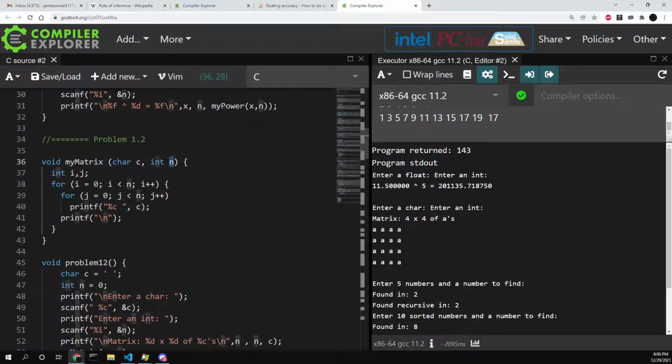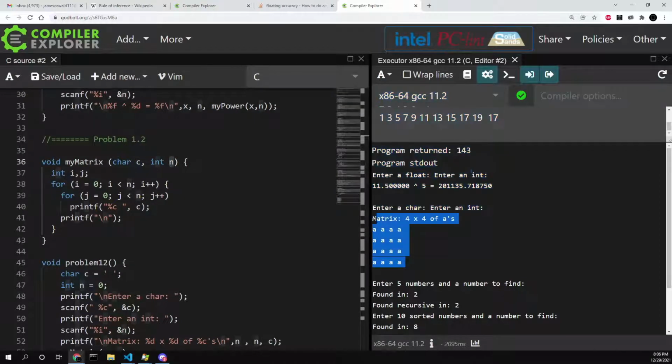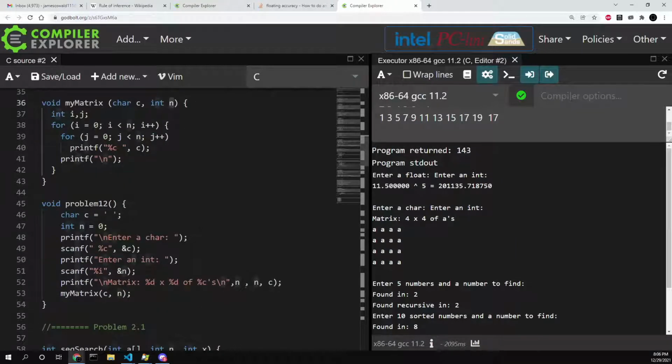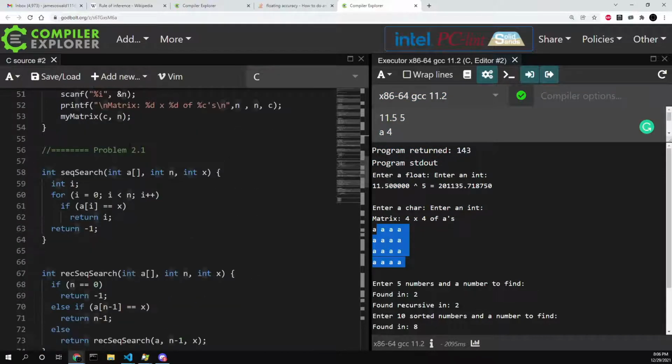So the second question was to output a square of whatever character is input, an n by n square of whatever character was input. So as we can see, there is a 4x4 matrix of A's here. Here's the driver. Takes in the character A and the number 4 and outputs this many A's. Very good. All right, let's see. Next up,